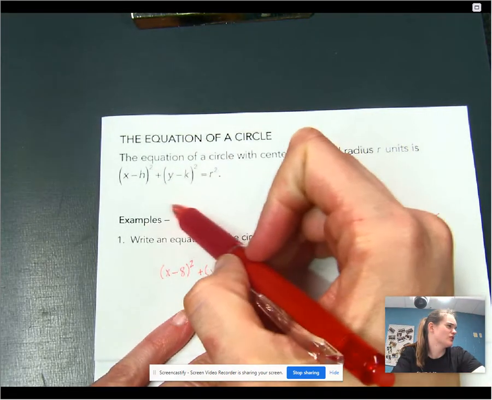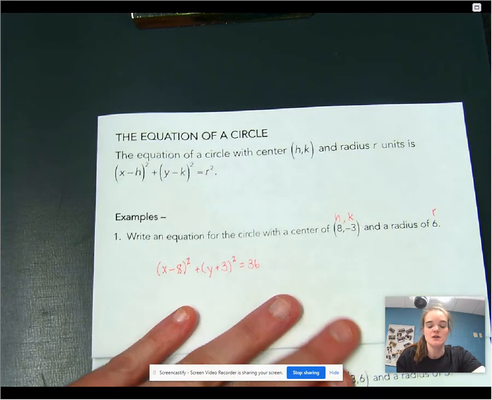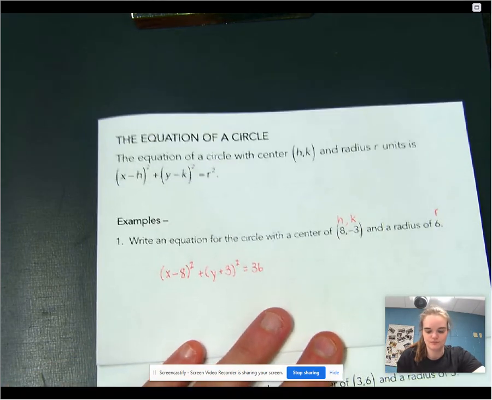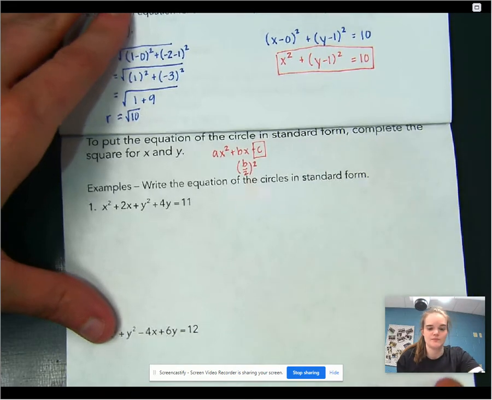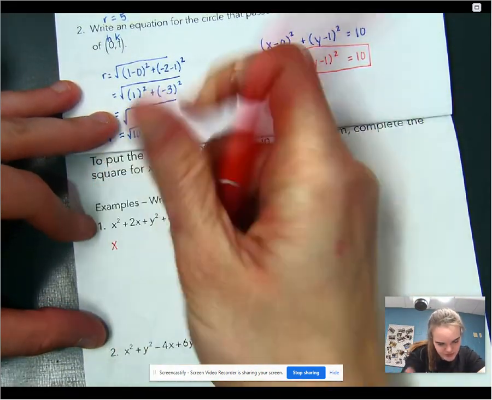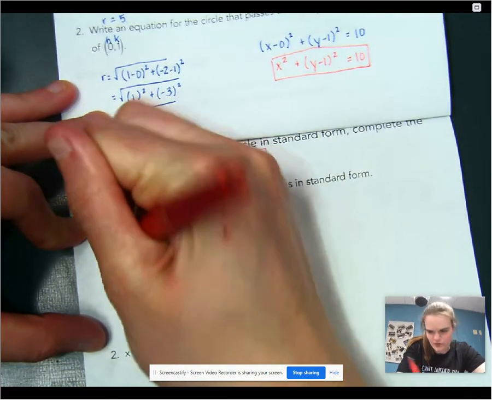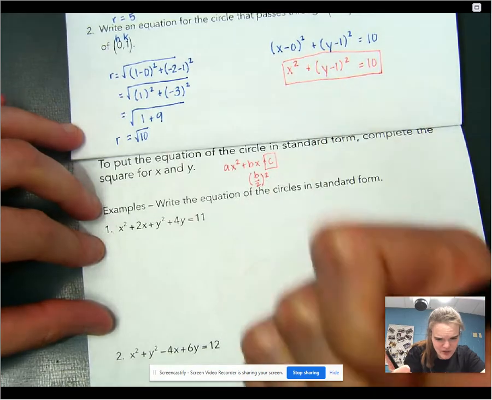This is the equation of a circle. This is what we're trying to do, is put it in a form like this. Okay? So, here's how this works. I'm going to do it in some separate colors here to help you. I'm going to bring down x squared